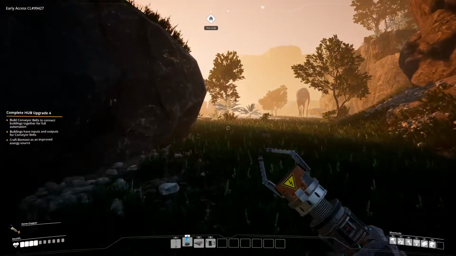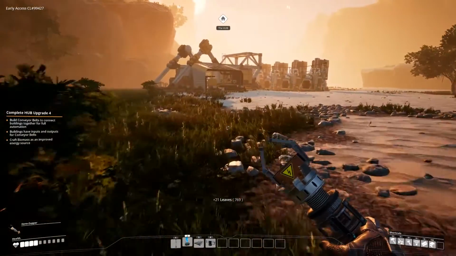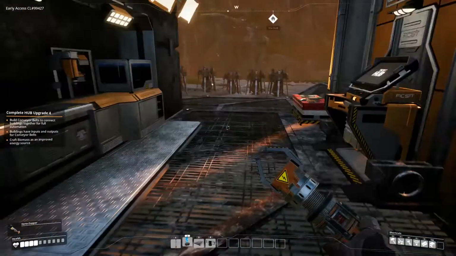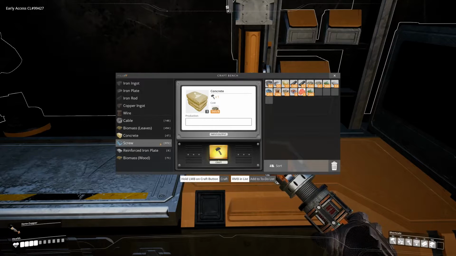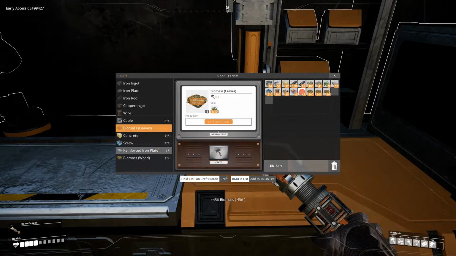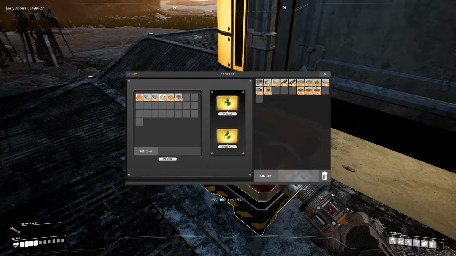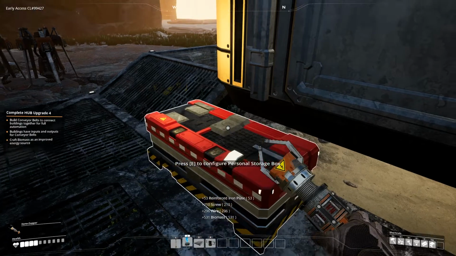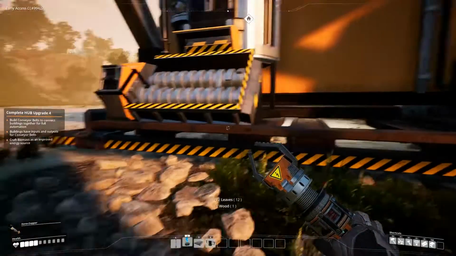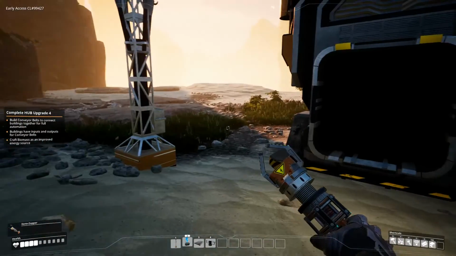Okay, so we have a lot of leaves. So I'm going to be turning those into biomass because that's more efficient in power. You probably already knew that, but still it is. So let me get those. So let's fill up this biomass burner,